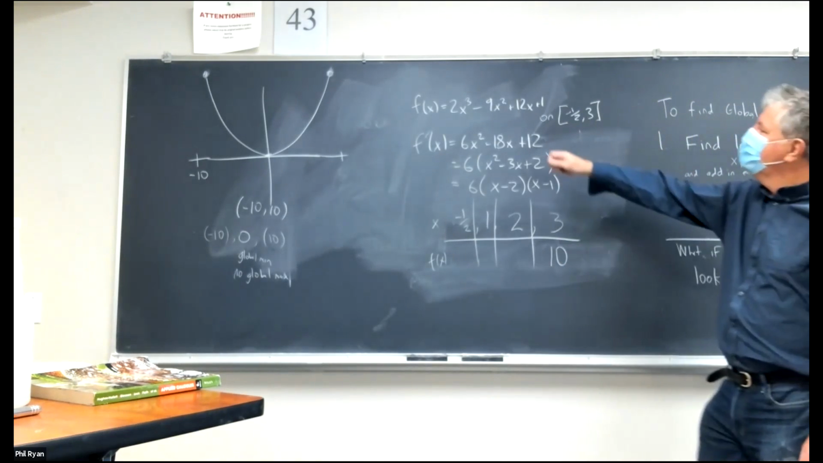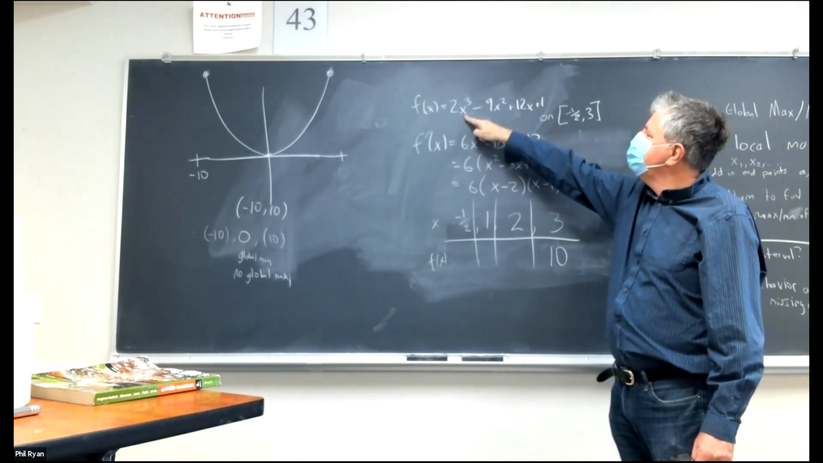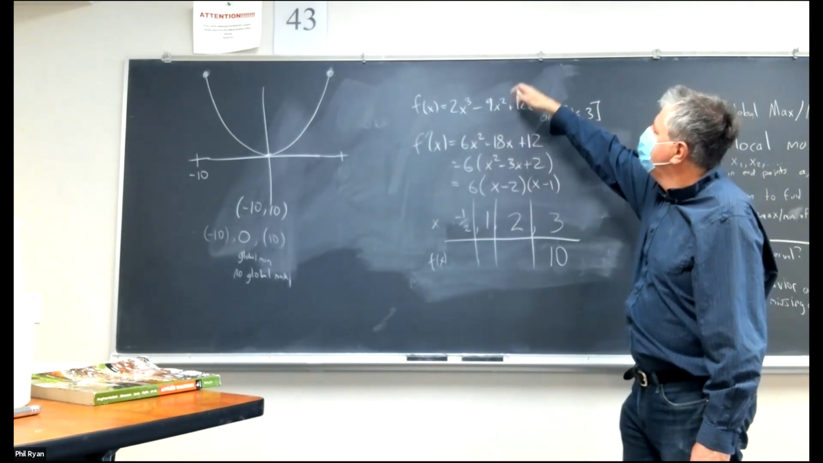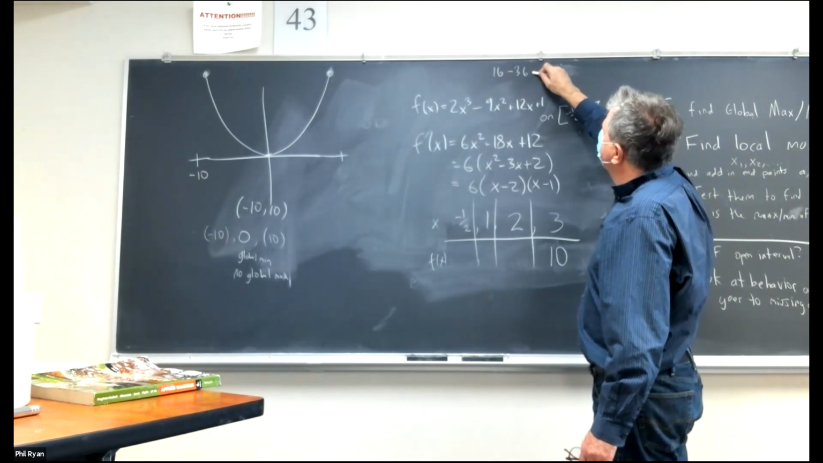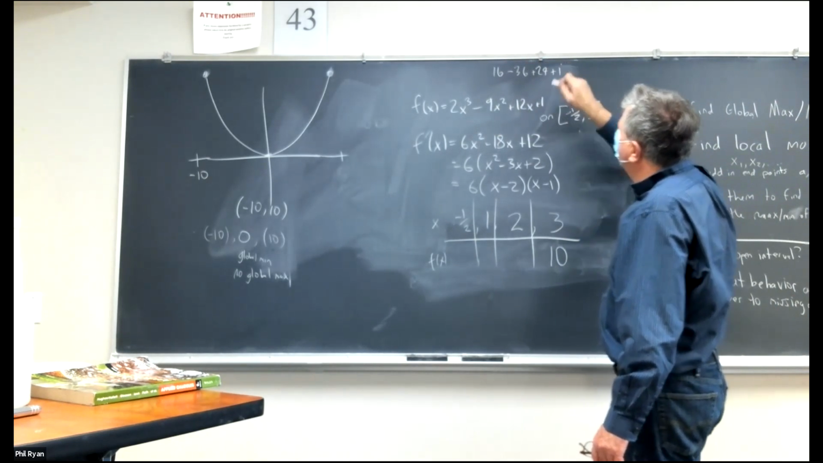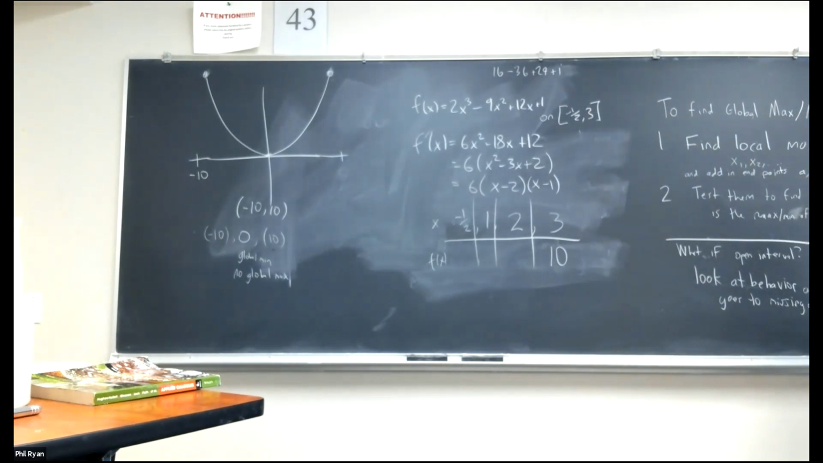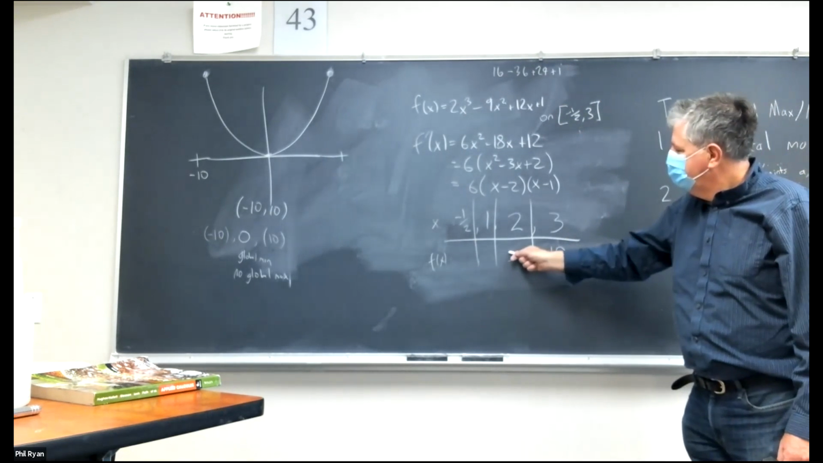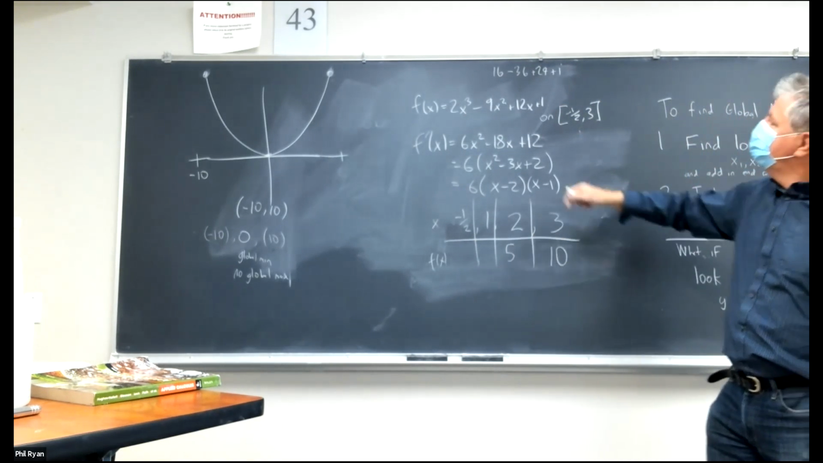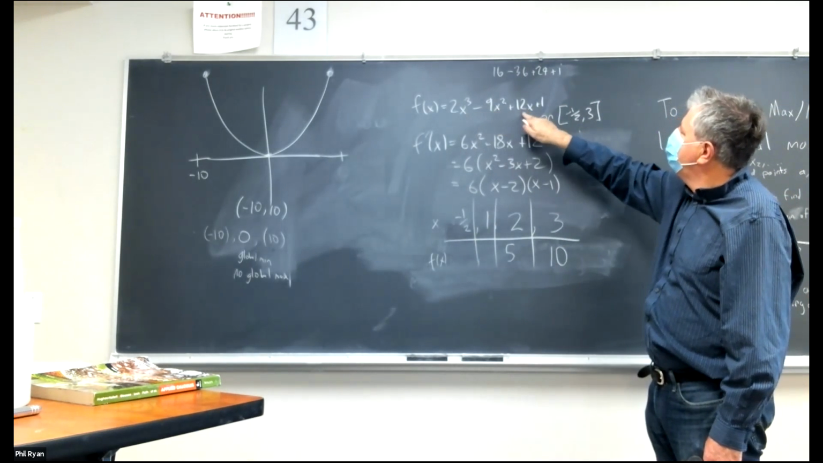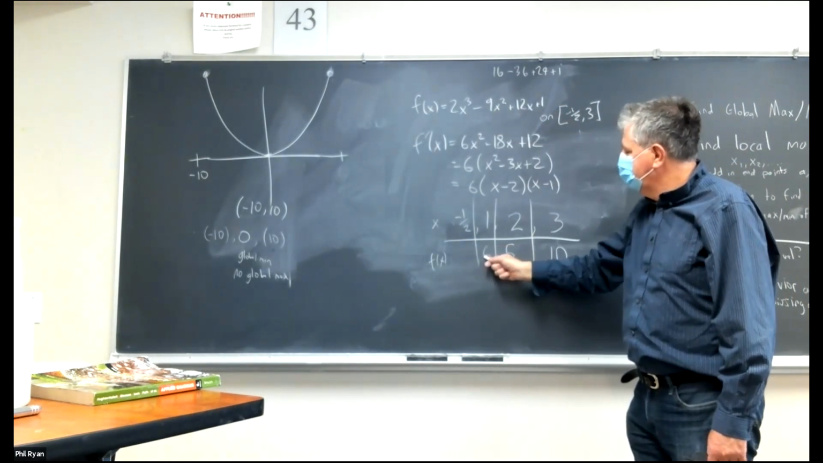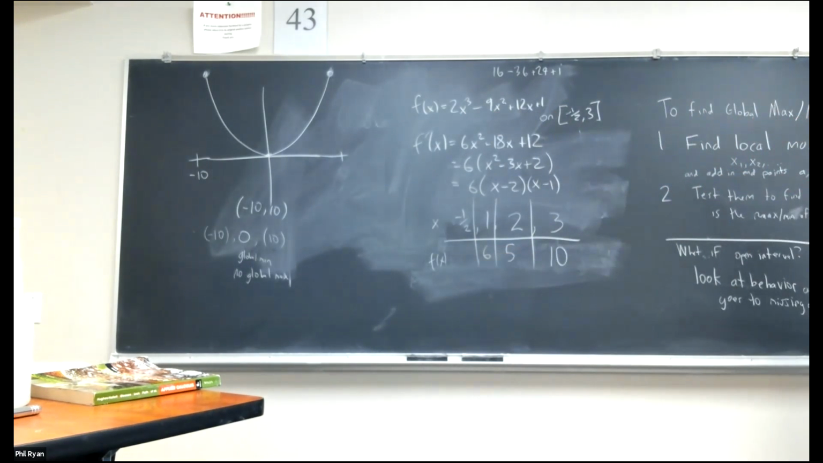Okay. Now x is 2. 8 times 2 is 16. Minus 36 plus 24 plus 1 is what? 16 plus 24 is 40. Minus 36 is 5. Plus 1, okay, we get 6. And finally,